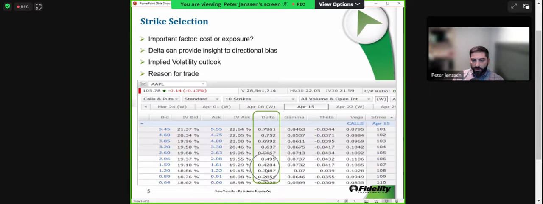If you want that delta exposure, that share equivalency exposure, some traders might say, you know what? I like the thought of having 80 deltas, but I don't want the in the money. I want more of the characteristics of the out of the money. And it's only going to cost me $1.60. So actually, I can buy two of these for $3.20. So instead of buying one contract here, I'm buying two contracts in this hypothetical example. You're shelling out $3.20, still saving part of your investment and giving yourself exposure to twice this amount. So 82 deltas versus the 79 that we were seeing with these deeper in the money contracts.